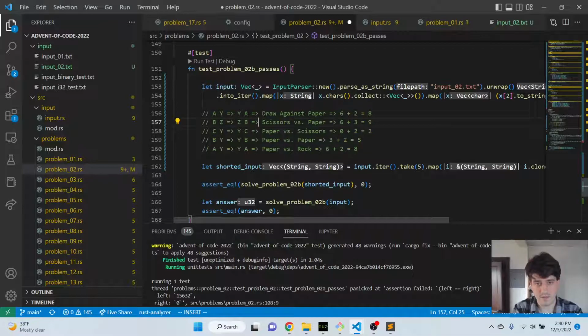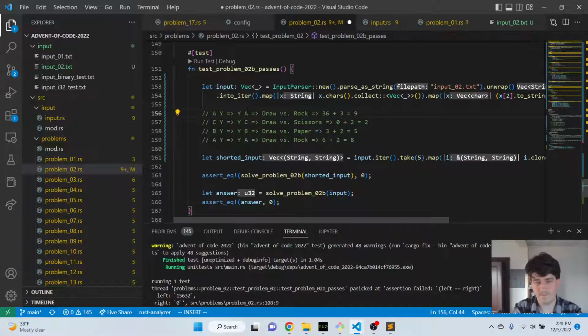This says win. It says win versus paper. Oh, sorry, this said draw against rock. Win versus paper. Draw versus scissors. Draw versus paper. And draw versus rock,